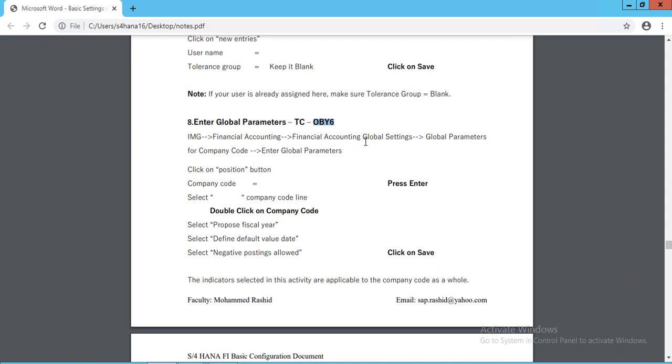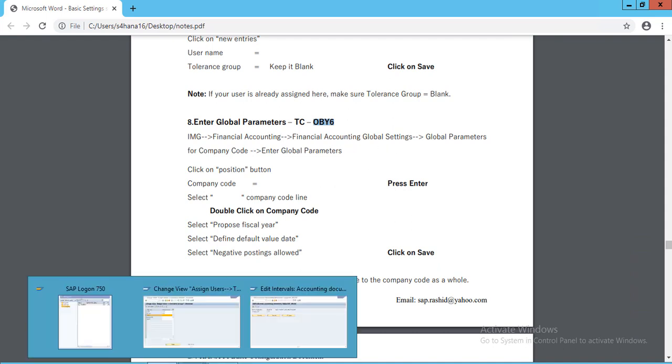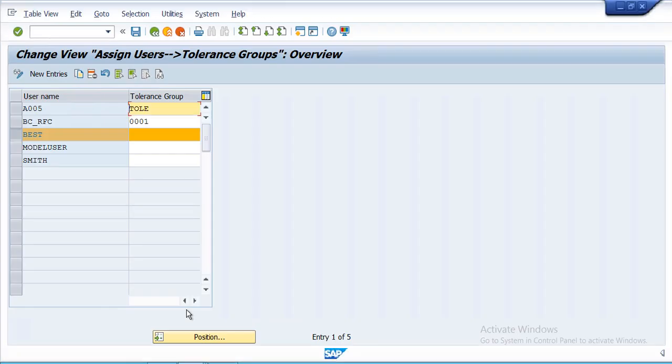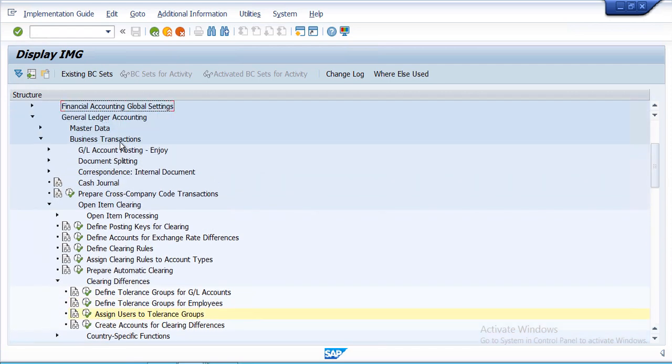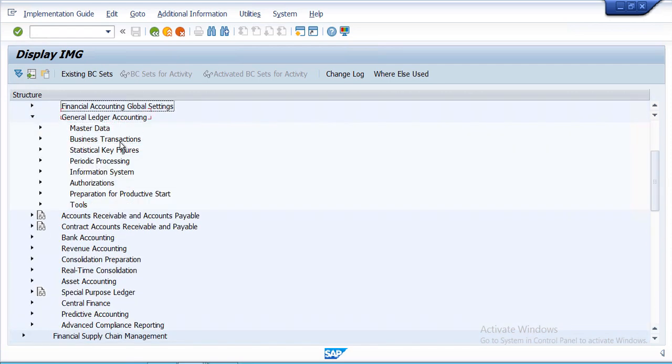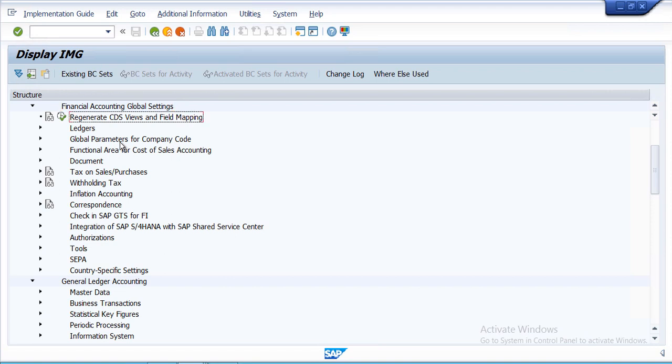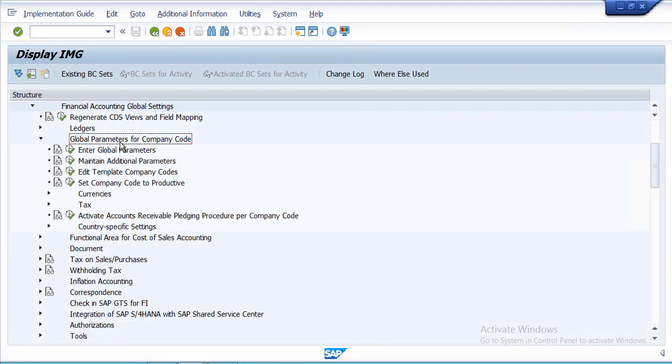Financial accounting, global setting, global parameters. Go back. Global parameter for company code, enter global parameter.